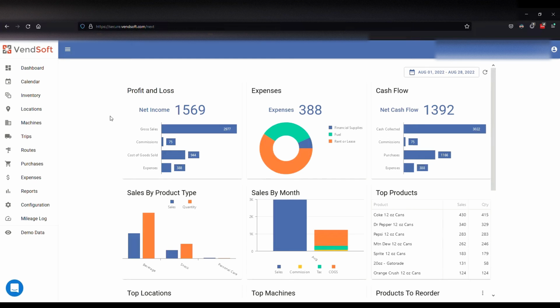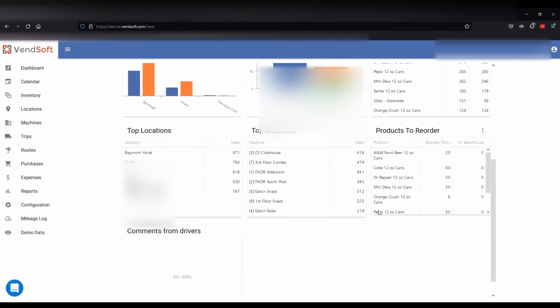Looking over my Vendsoft here for you guys and give you a brief overview of how I use it. Comes in very handy for everyone. On your main dashboard, you can see your profit and loss, expenses, cash flow, sales by product, sales by month, top products for the month, top locations,